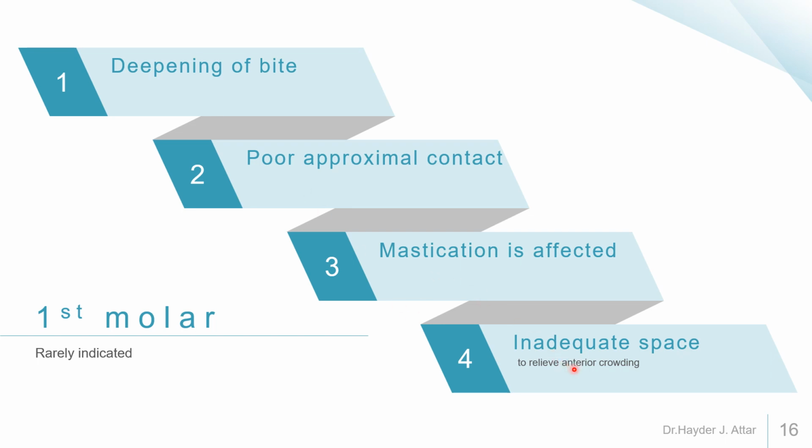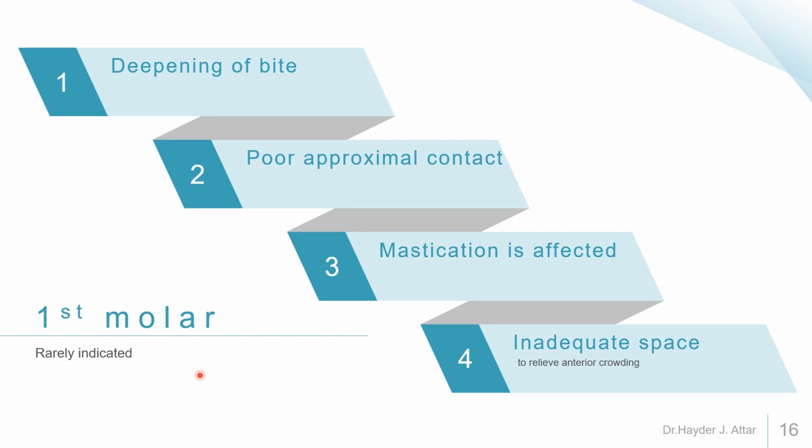In addition, there is inadequate space for relief of the anterior crowding in spite of the large tooth material of the first molar, because the first molar is far away from the position of the crowding. So the first molar is indicated when it is badly carious, periodontally of poor prognosis,